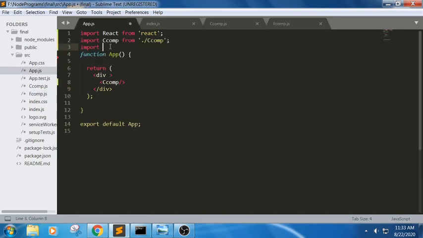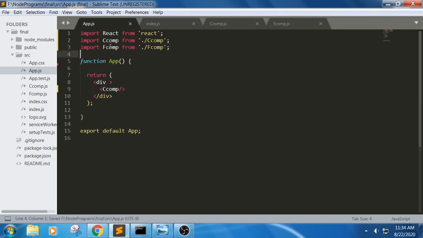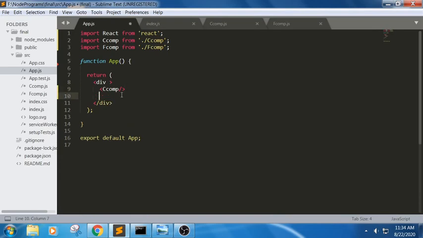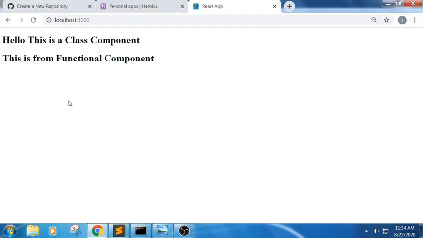We just need to import the f component from its file. But if I want to make sure, did we get an output? No, we just need to use this tag, the f component. Now we can see this is a class component and this is from the functional component.